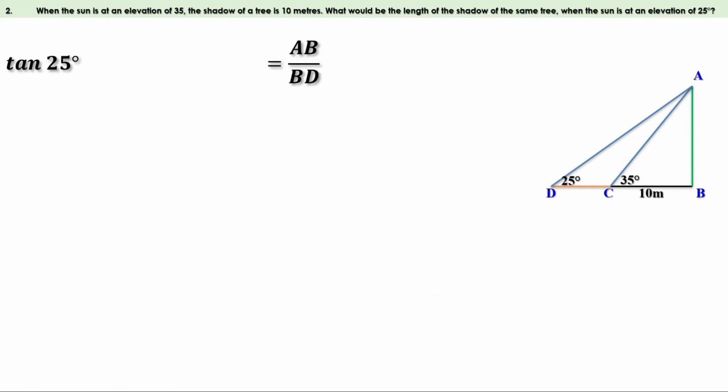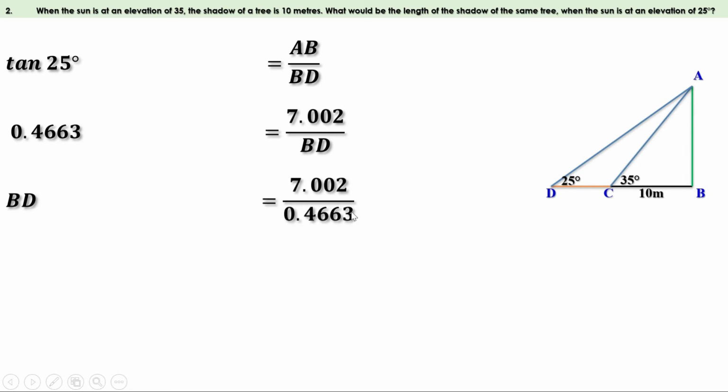The value of tan 25 is 0.4663 and we have got AB as 7.002. So we can write this as 0.4663 equal to 7.002 divided by BD. Let us take BD on the other side and 0.4663 on this side. Then we can write BD equal to 7.002 divided by 0.4663. Dividing, we get